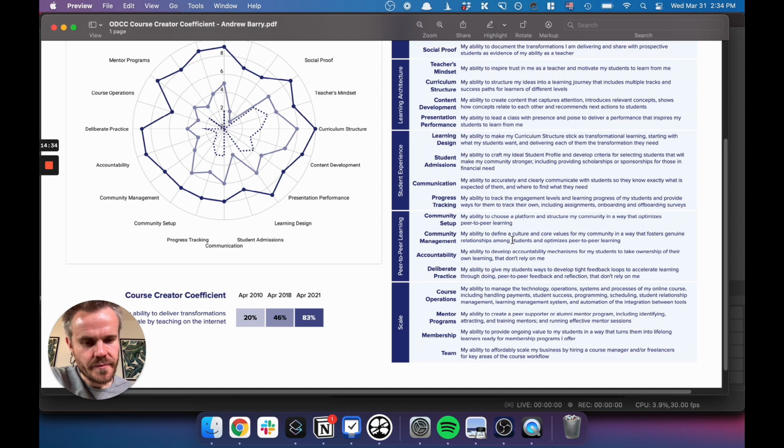Mentor programs is, to me, your ability to scale your impact through mentors that are able to create a space for people to talk about the things that you're talking about, to answer questions, and to develop some vulnerability amongst the student body. It's really hard to do that in live sessions with you, especially in a course with a scale like this one, 150 people. The mentor sessions, where it should be 30 to 40 people more like it, is a perfect place for that, and that's definitely what you should be thinking about as you start to scale your impact.